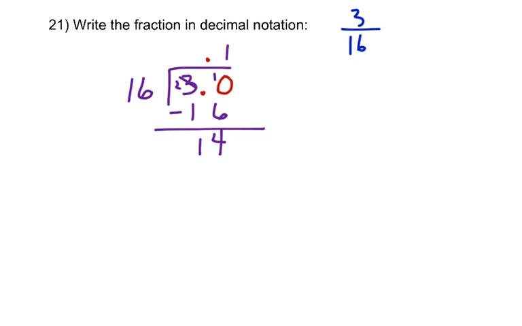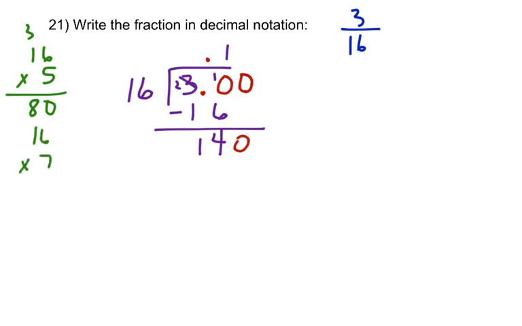Now I can add another 0 up here in the dividend, and 3.00 means the same thing as 3. And then I can bring that 0 down. Now I'm trying to see how many times 16 can go into 140. Well, on the side here I'm going to do some multiplication to find out. 16 times 5